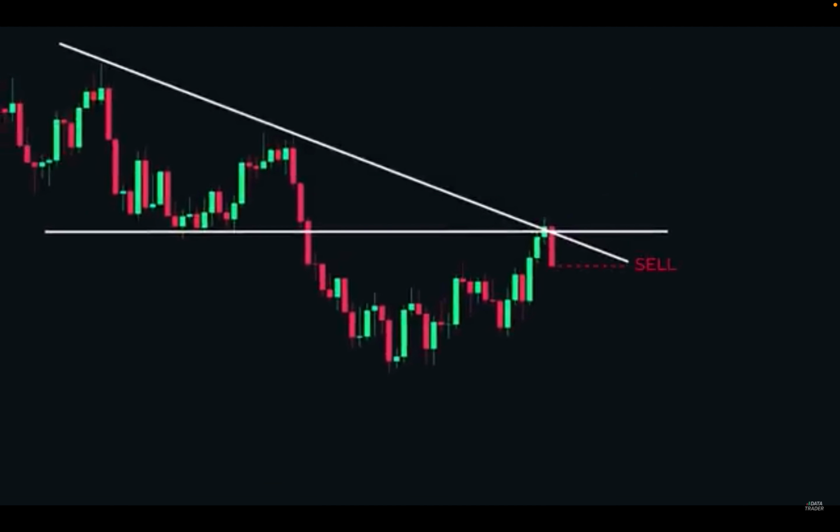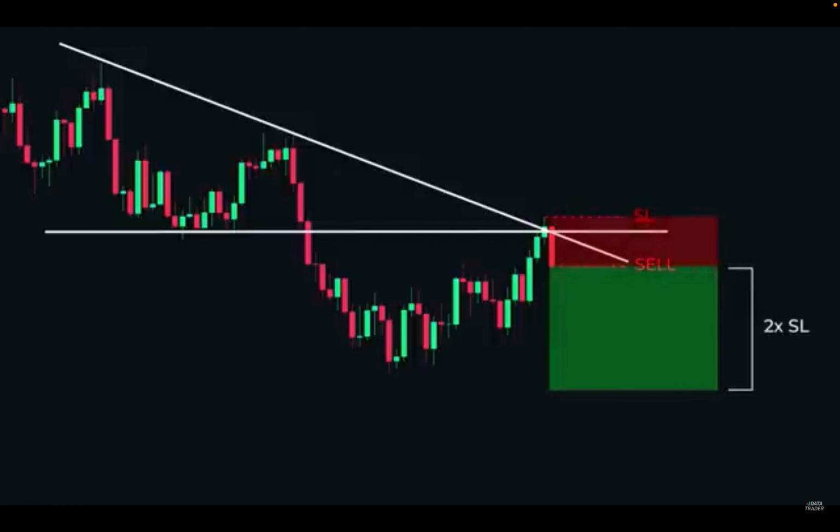Then, you can place a stop loss above the high of the previous candle and set a take profit at twice the size of the stop loss. As you can see,